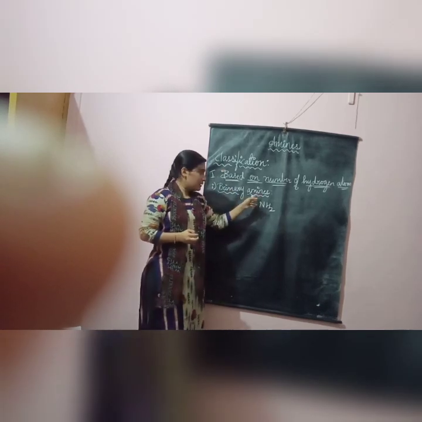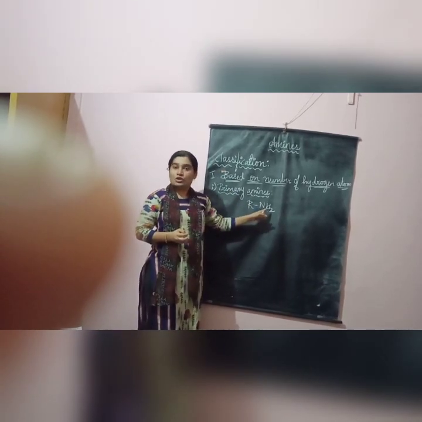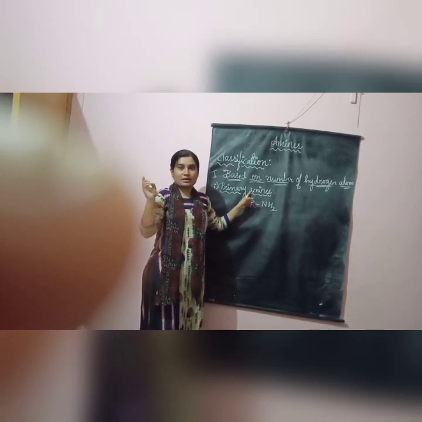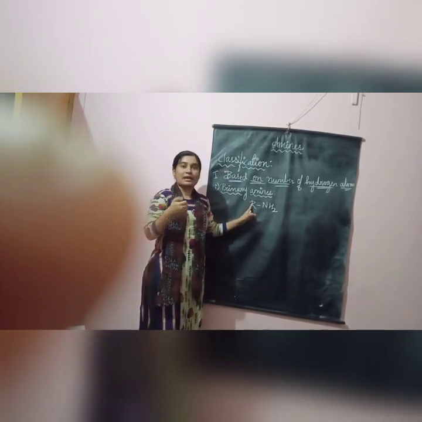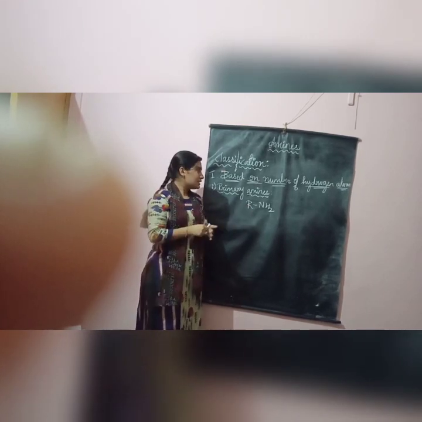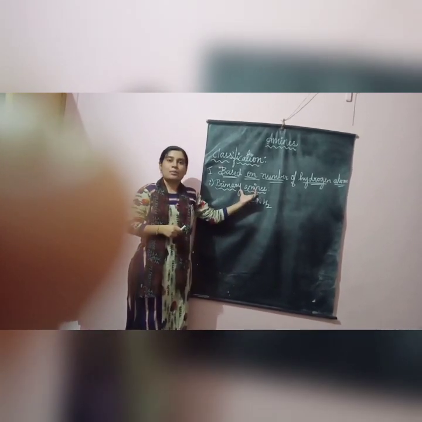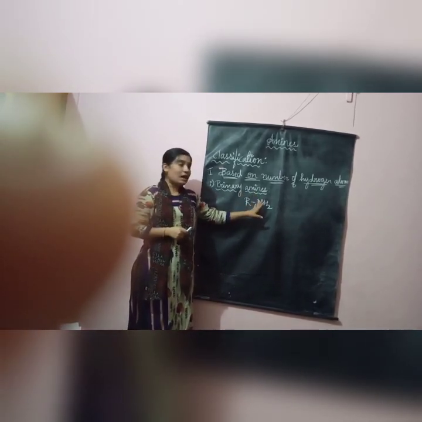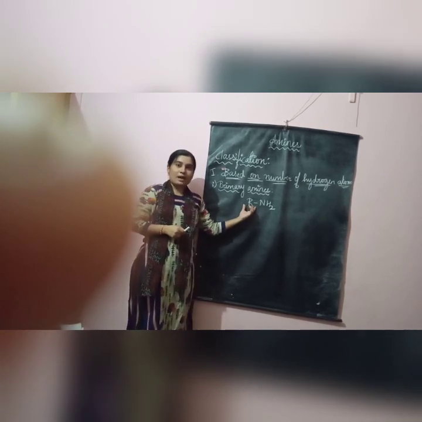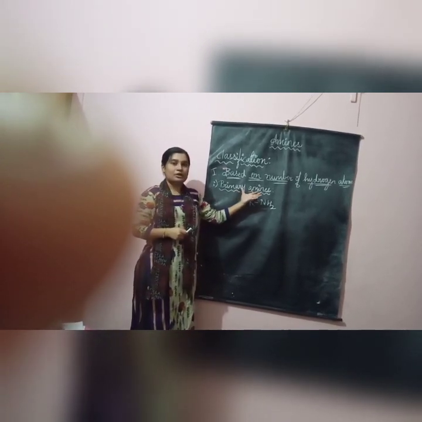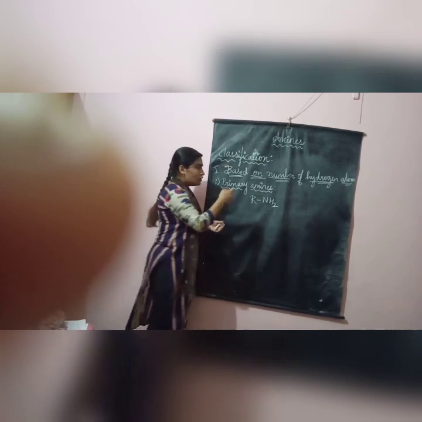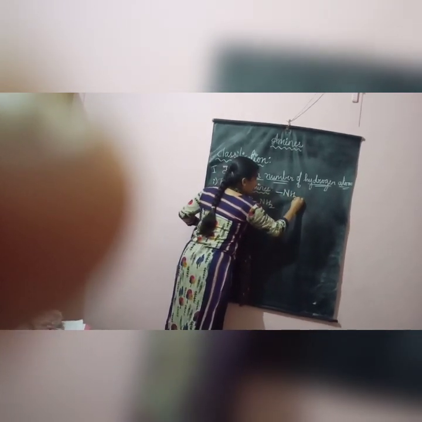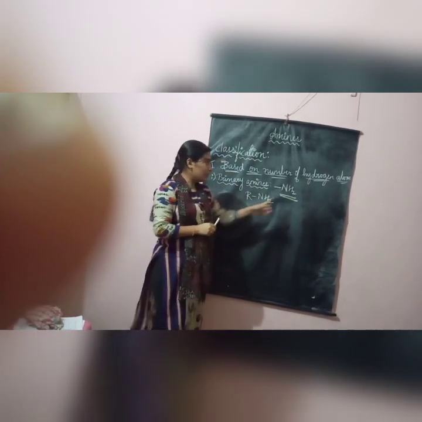I can write primary amine as RNH2. So it means that in primary amines, one hydrogen is replaced. If one hydrogen is replaced by an alkyl or aryl group, then such type of amines are called primary amine. So if one hydrogen is replaced by an alkyl or aryl group, then I am going to call it to be what? Primary amine. So remember, for primary amine, you will compulsorily find this as the functional group, that is NH2.